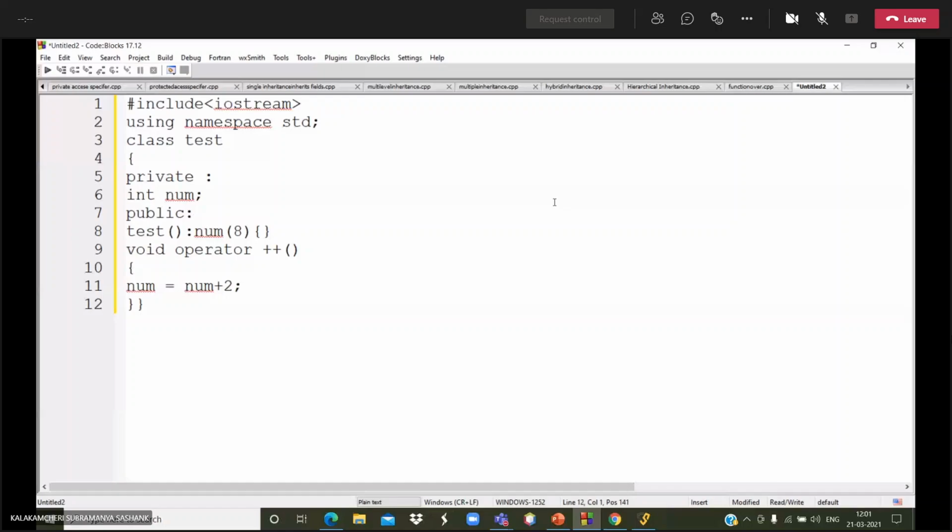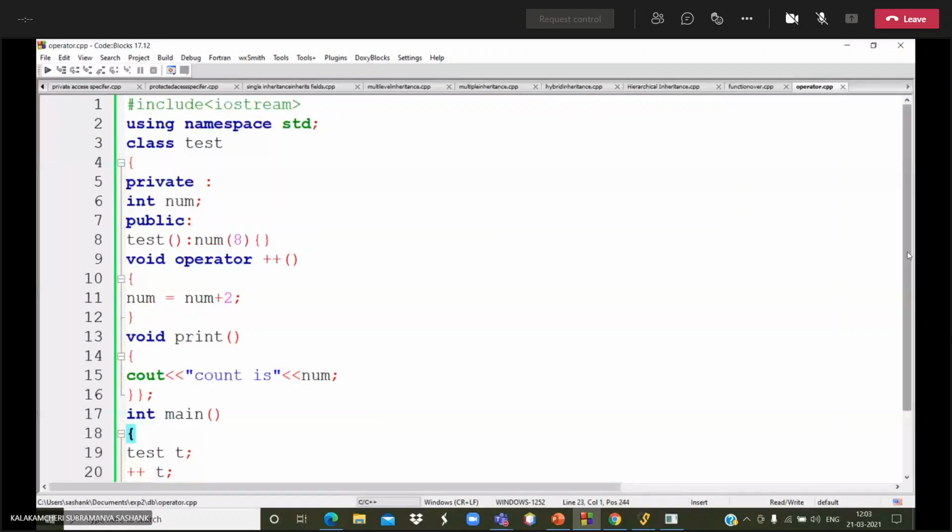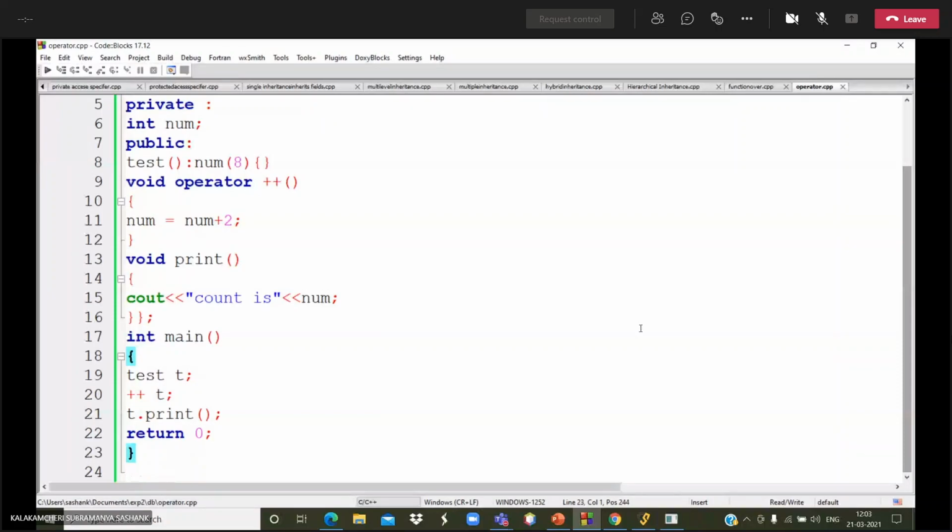When we see, I am using the operator. See here, I have taken the value. I passed the value for the num function as 8. Then it will go to this operator function. Then num equals num plus 2, it will increment by 2. Then it will print the value. In the main function, first we are creating the object.